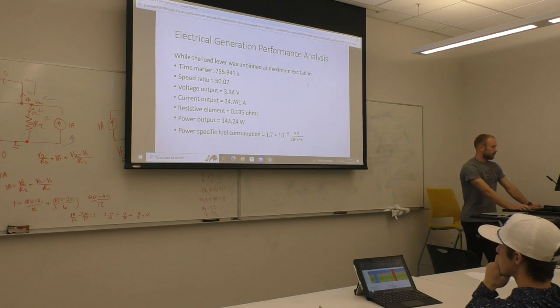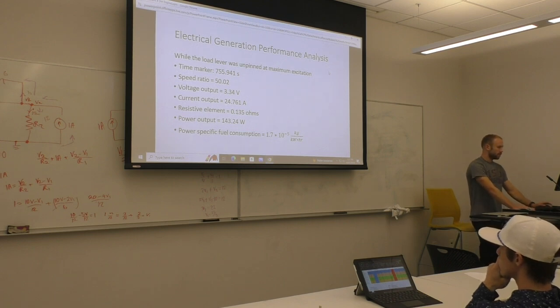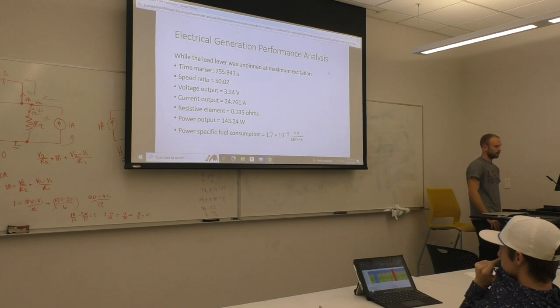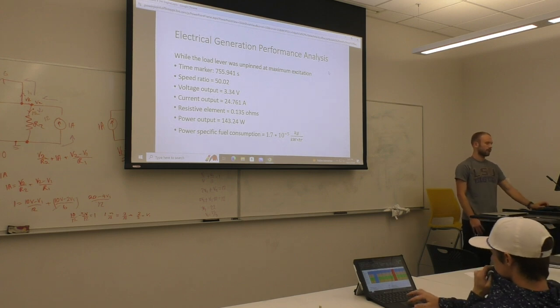While the load lever was unpinned at maximum excitation, which meant there was the heaviest load, the current was at its lowest, which was at 755 seconds. Speed ratio was 50, voltage was 3.34 volts, current was 24 amps. The resistive element was the same as before at 0.135 ohms. The power was 143.24 watts, and the power specific fuel consumption was 1.7 times 10 to the minus 5 kilograms